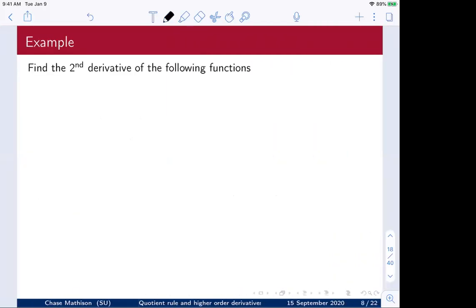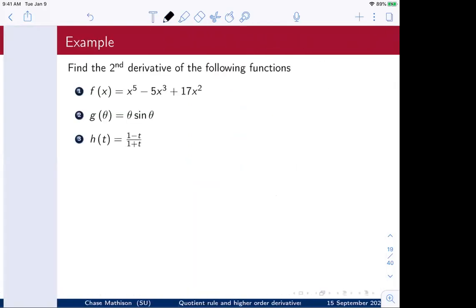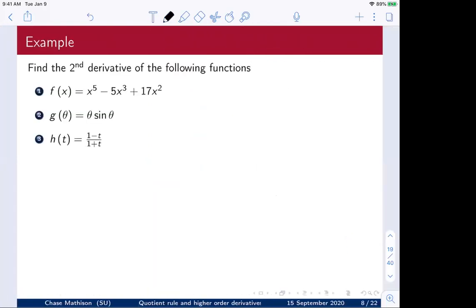All right, so some examples, we're going to find the second derivatives of the following functions. First, f of x is x to the fifth minus 5x cubed plus 17x squared. Then g of theta is theta times sine of theta, and then h of t is 1 minus t over 1 plus t. Okay, so for number one,